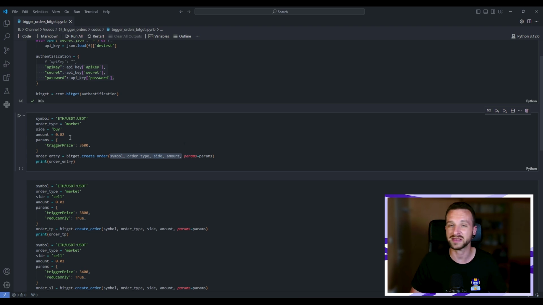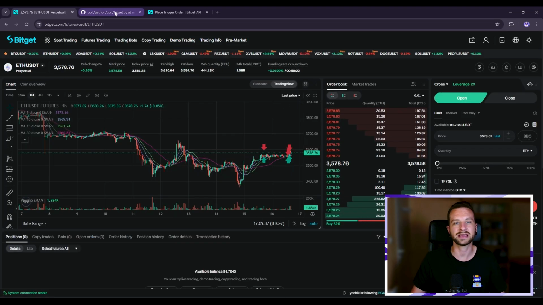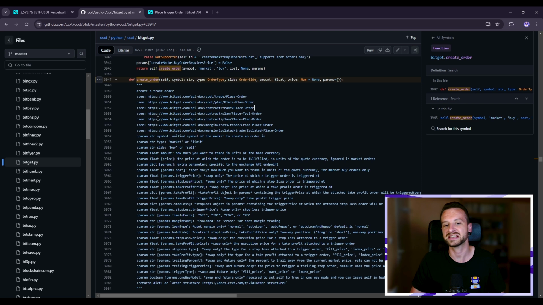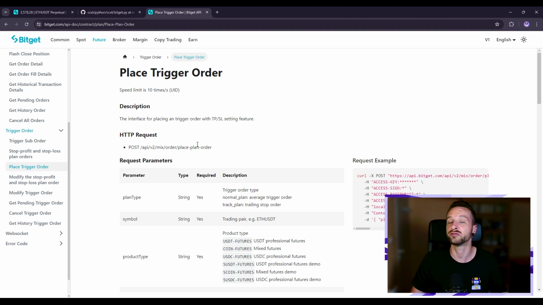But if you want to adapt this to another exchange, here we're doing BitGet, they might not have a trigger order, but if they do, the trigger price might not be written like this. If that's the case, you'll have to check, for example, the CCXT information here on the GitHub. I'll put all these links in the description. So you have create order here. So you might have to look a bit into that, but also you should check the API information on